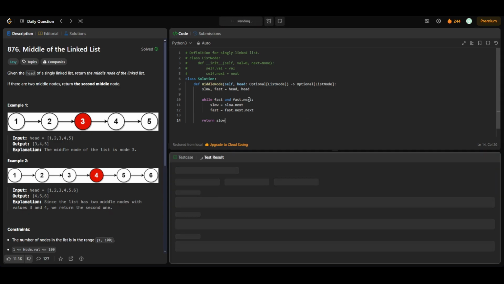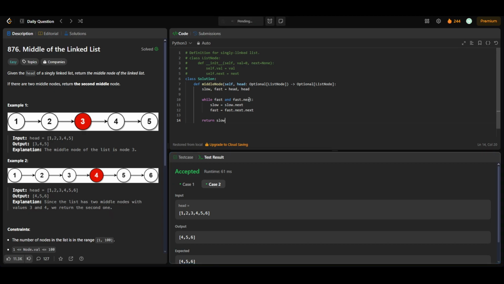Now let's run it once, and it's accepted. Now let's submit it,